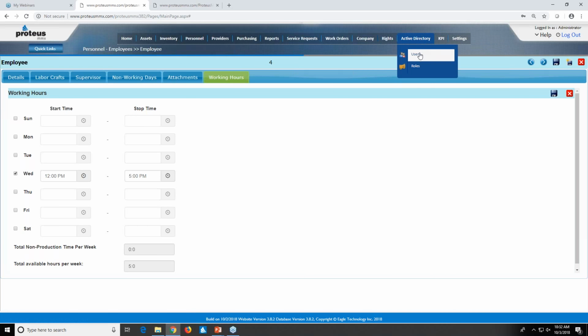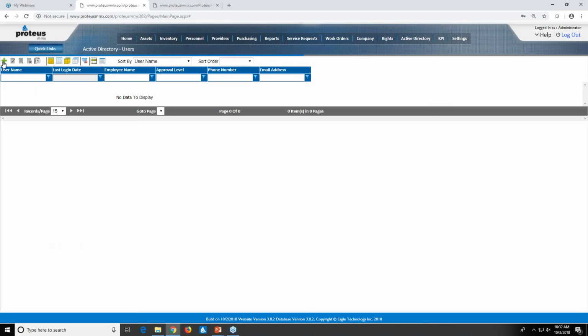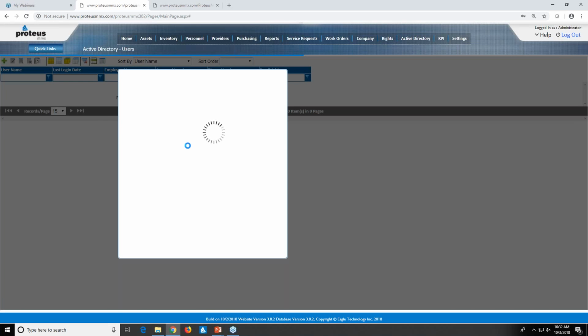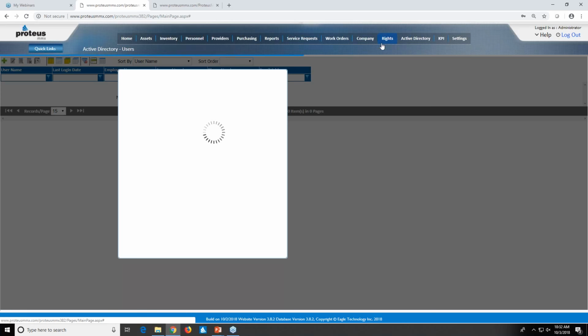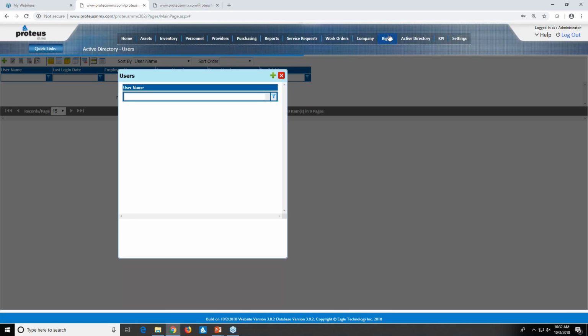Again, we do support Active Directory. We have users and roles. And under the licensing, when we identify a user in this role, we can create a new user, and I have to select an Active Directory user name and things like that. There's some changes that are coming forth in this particular capability, but under rights,